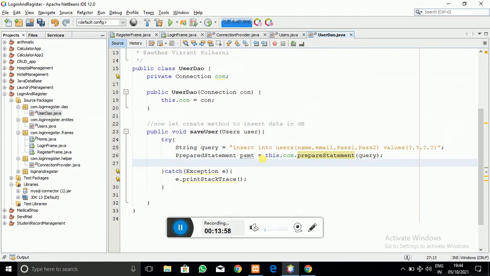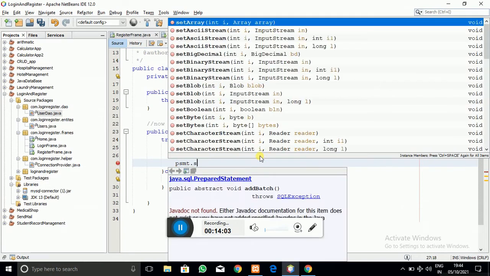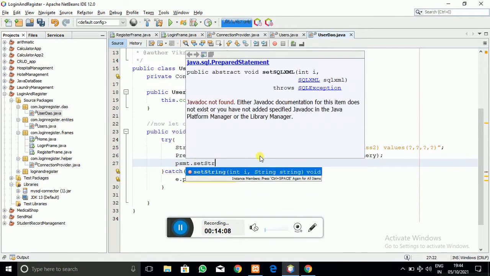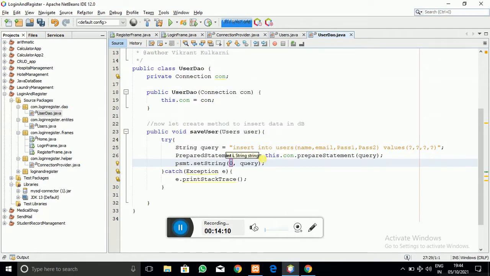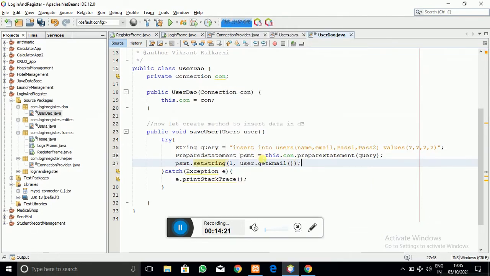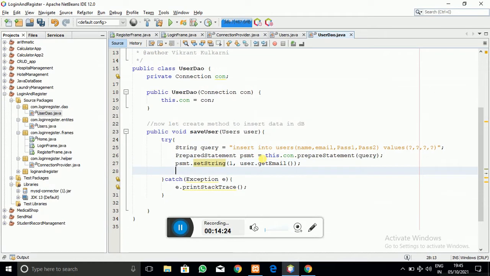And now by making use of that prepare statement instance, we are going to replace the placeholders by appropriate values, that is PSMT dot set string. The first value I am going to replace. So here click on one, and the value I am going to replace is from the user object, that is user entity dot, we are going to use get name here. First of all, user dot get name,